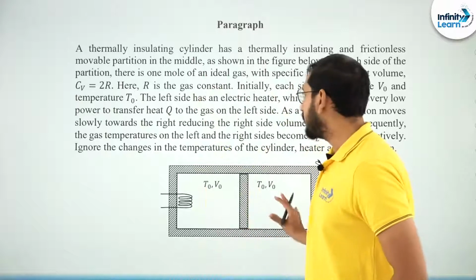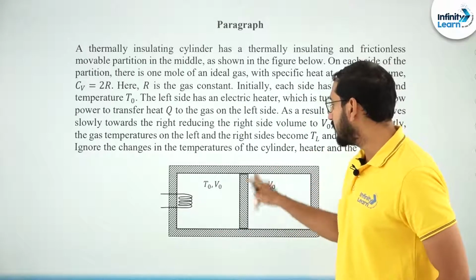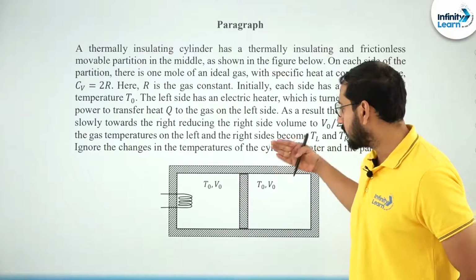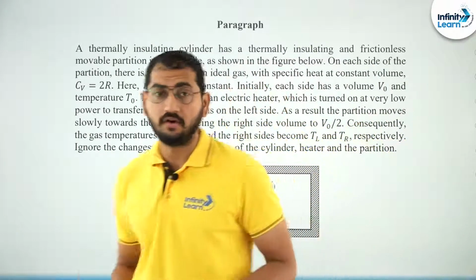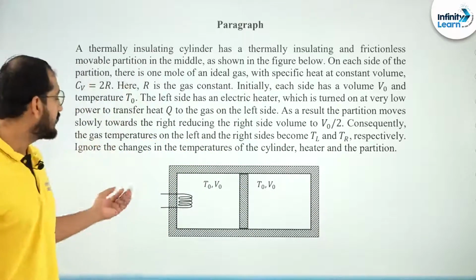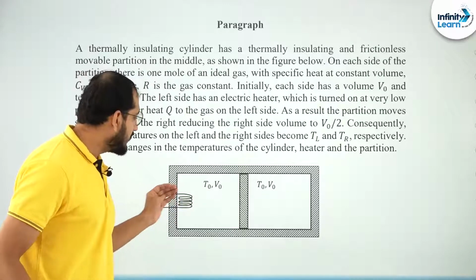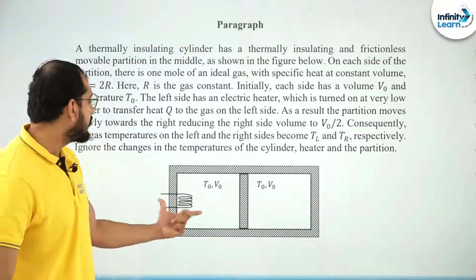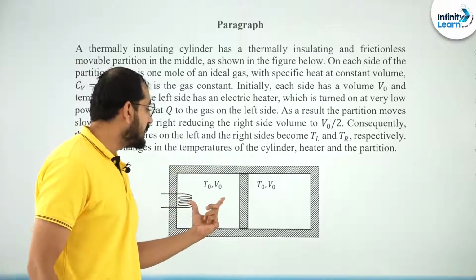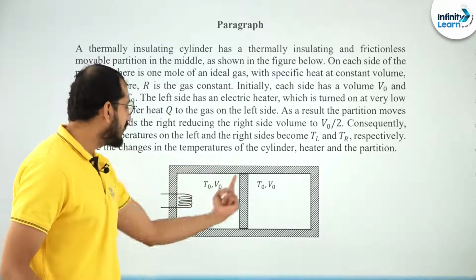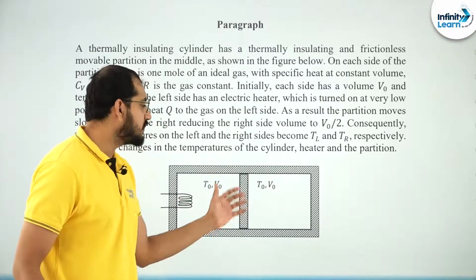This question is from the chapter thermodynamics. Okay, so what is given in the question is that we have a chamber fitted with a movable piston, and all the surfaces of this chamber as well as the piston are not allowed to conduct heat. All right, and what else is given? We have inserted a small filament over here, and this will supply some heat energy. As a result, whatever energy is supplied will divide itself in two parts. Some part will be used in increasing the internal energy of the left chamber part, and some part will be used as work done, that is, the movement of the piston will take place, right.